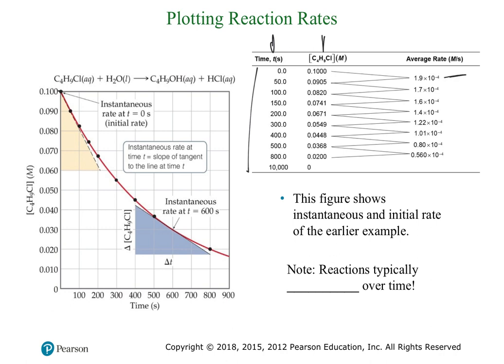If you just took the difference between 2 points, you can get the average rate between those time periods. But the better thing to do to get an exact rate at a certain point is to take the tangent line. Note that many reactions typically slow down over time, so it's a nice thing to be keeping track at